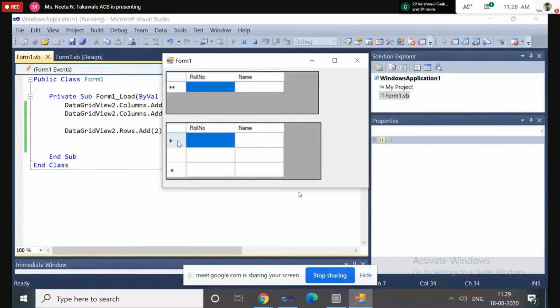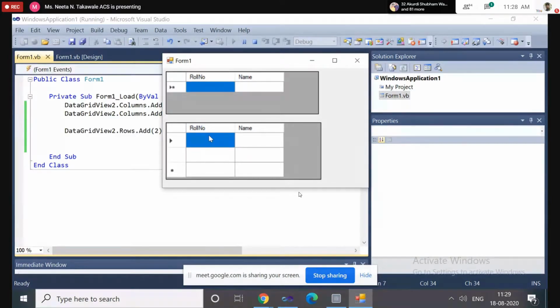In the 0th row, first in the first cell, we want to store the information. And this cell is referred to by the name of the column. And what is the name of the column?